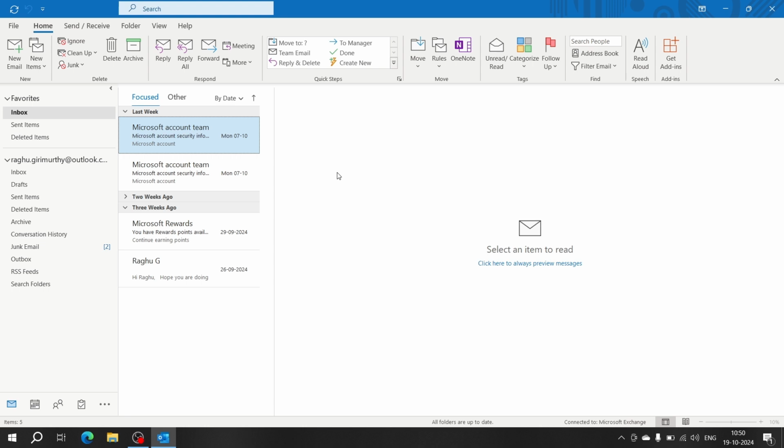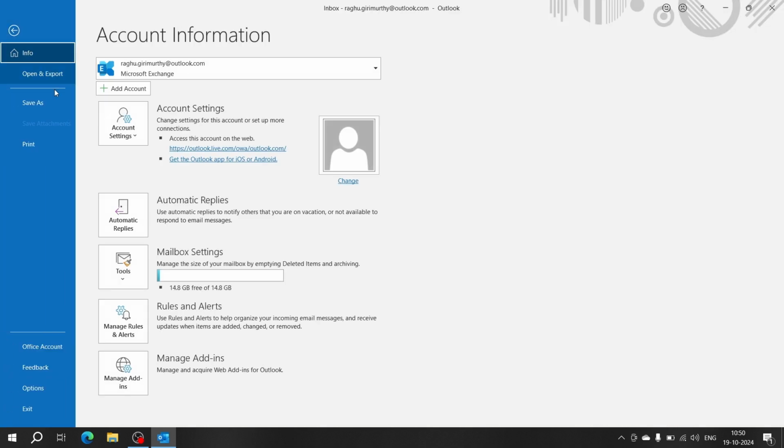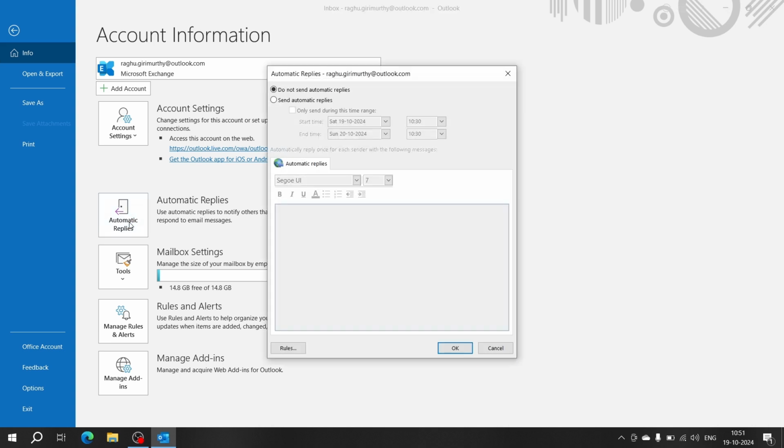So let's get started. To set out of office message in Outlook, you have to go to this file option here, and then here you see automatic replies. You have to click on the automatic replies, and then here you should select send automatic replies, and you also